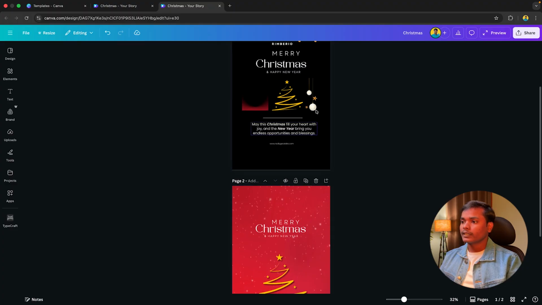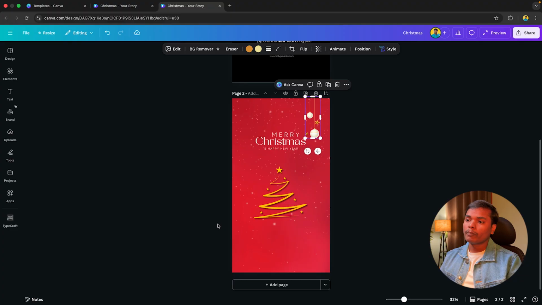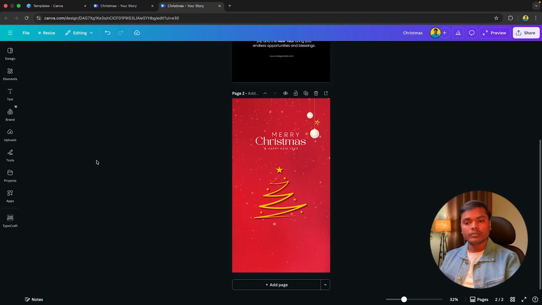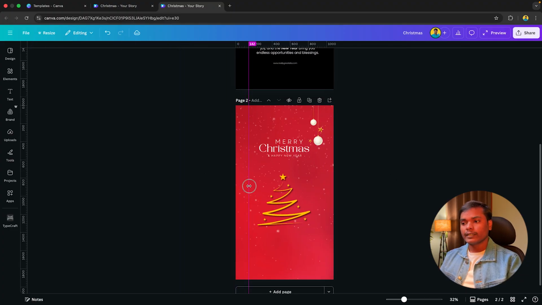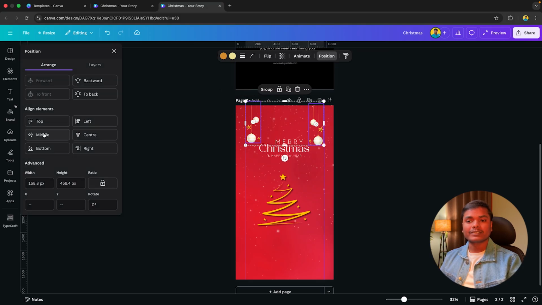What I will do, I will select all of this, this decorative option. I will drag it here and place it, increasing the size a little bit more like this. And one thing, remember that I am putting it within the margins which Canva is showing. You can also open the ruler and drag it like this so that it can guide you to adjust it properly. I will duplicate it and flip it like this, and then select both, go to the position option and select this middle option so that it is arranged properly in the same proportion. Okay, and you can do one more thing, you can change it like this and arrange it in the center like this.